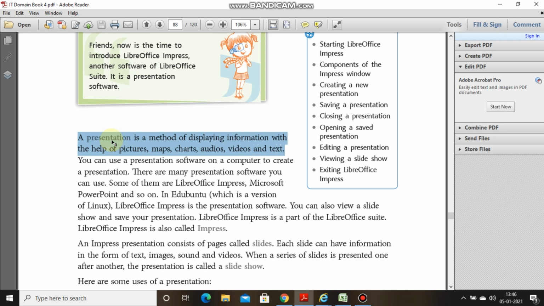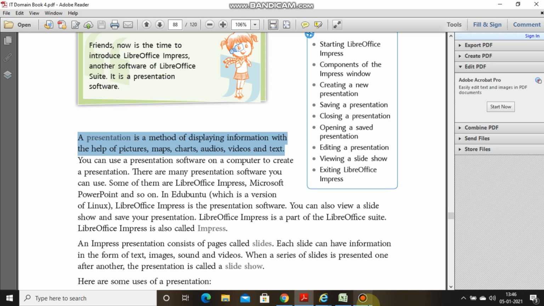You have attended many presentations in your school which show information in the form of graphical representation. Those presentations contained information along with audio and visual parts, which made them more attractive and